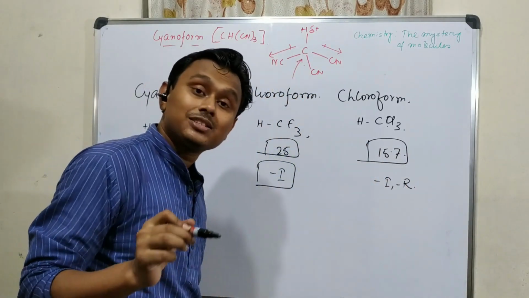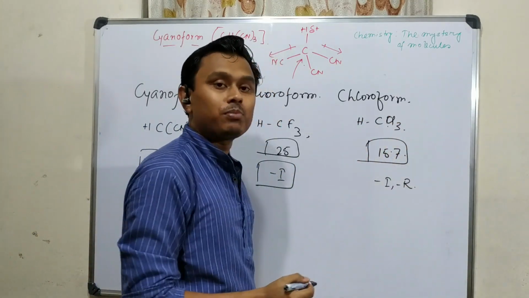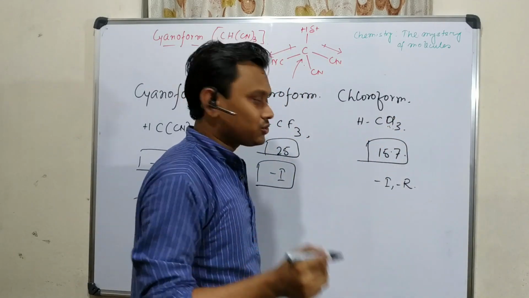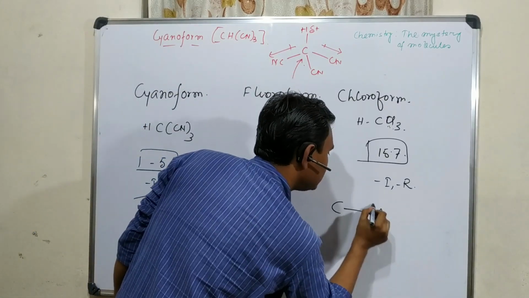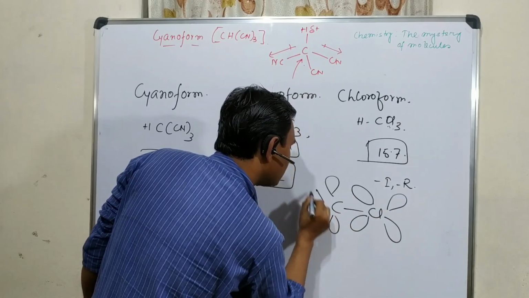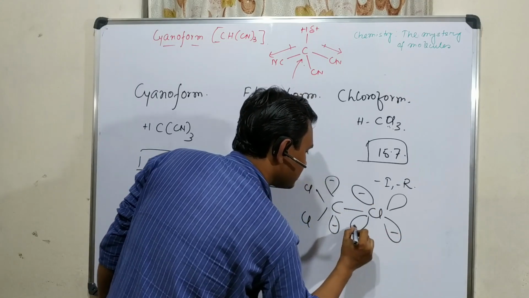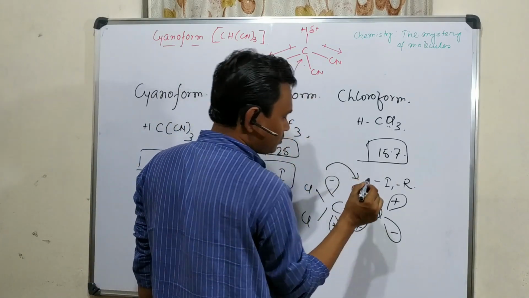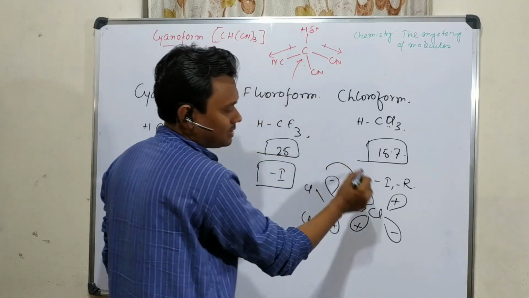You may have some comparison questions using this. And here how -R, the vacant d orbital participation of this chlorine atom stabilizes the carbanion. That's why this is stable. And second, I'll draw Cl. This is the d orbital. This is the carbanion. Only one. Minus, plus. This is the vacant d orbital. In this way, electron back donation happens. So -I means withdrawn using this bond, and -I means this.